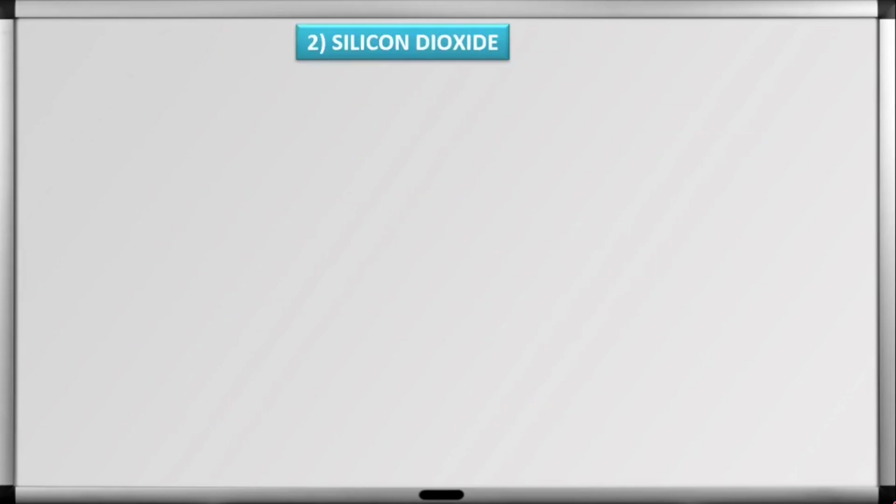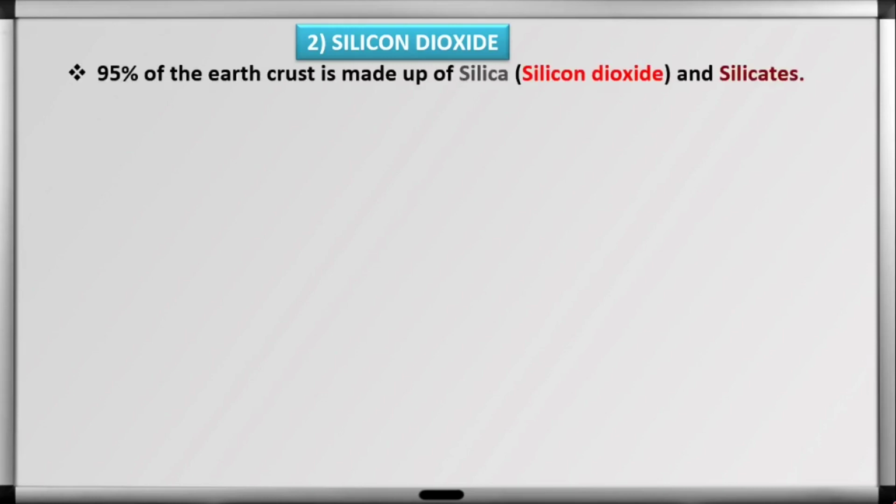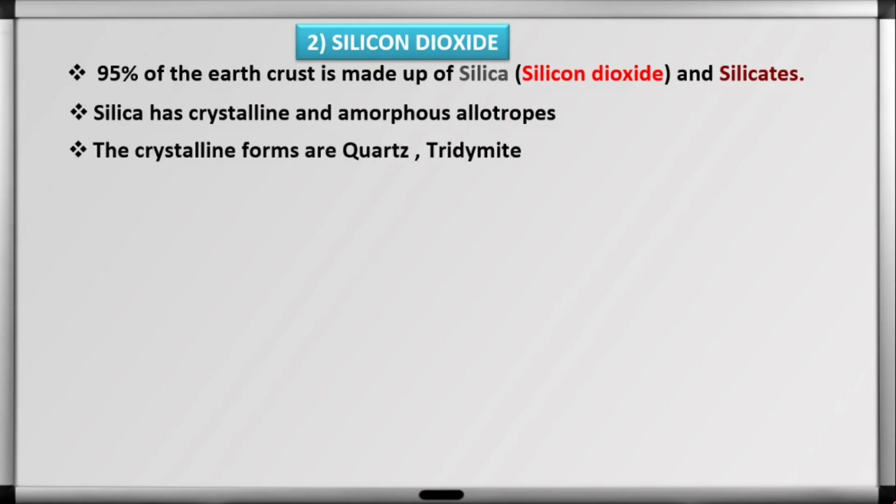And now silicon dioxide, that is the second important molecular structure or important molecule of silicon. See, the 95% of earth crust is made up from silica. Silica means silicon dioxide and silicates. Silica has crystalline and amorphous allotropes. त्याला crystalline and amorphous allotropes आहेत. The crystalline forms are the quartz or tridymite. Okay, and another one also, इथे अजून एक